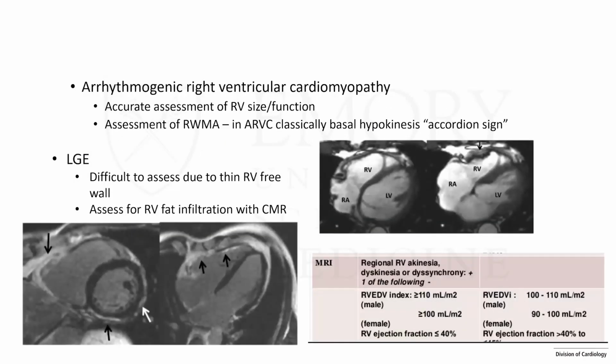ARVC, MRI is helpful for this just because you can really see the RV so well on MRI as opposed to echo. Sometimes it's difficult to get the total views of the right ventricle. So you assess for regional wall motion abnormalities. The criteria that we have for assessing